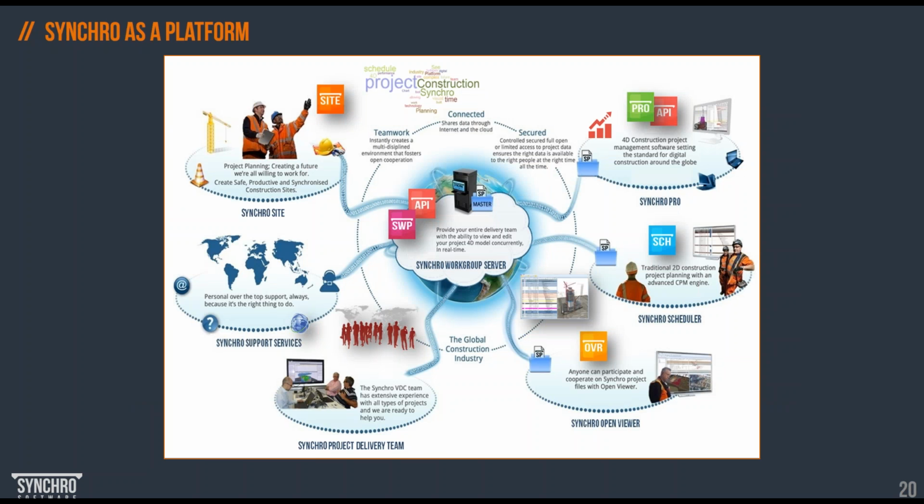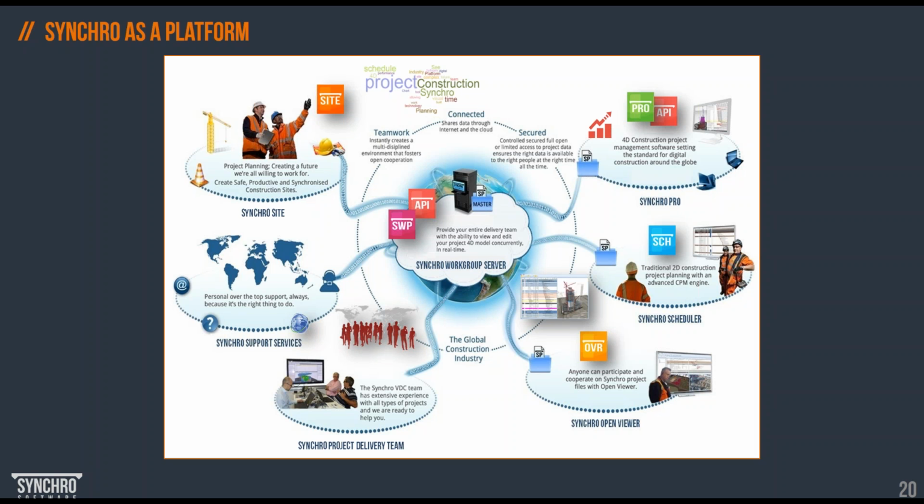SYNCHRO is also a bigger platform. The product I'm talking about today is the SYNCHRO Pro application, but we also have a wider range of products. So if you think about SYNCHRO as a platform, we have SYNCHRO capability as well. SYNCHRO can work as a server. Once you place your master file on the server, SYNCHRO Pro is then used as a client, so it's not standalone anymore. We use our API interface to use a site app. That's the iPad application that is used for task status and resource monitoring.